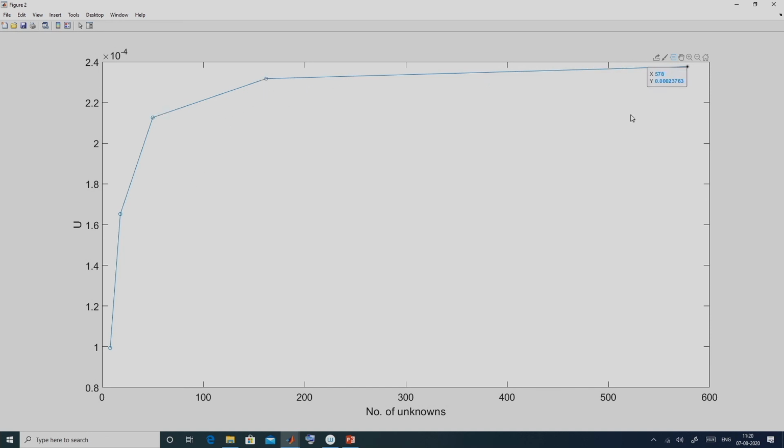So, it says that even after this, if you continue to reduce the element size, or increase the number of elements, the strain energy will not change significantly. It seems like the solution has converged in some sense. Before appreciating a solution from the finite element simulation, we always have to ensure that the solution has converged. Whether you use your own code or any commercial software, you have to ensure that the solution has converged by taking higher and higher numbers of elements.